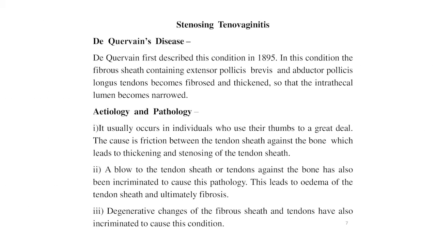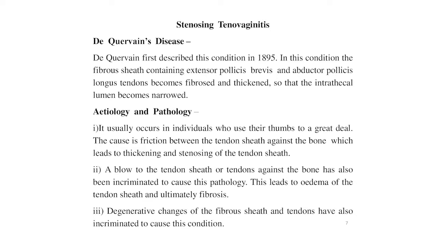Next point, in the acquired deformities of the hand, that is the stenosing tenovaginitis, that is de Quervain's disease. De Quervain first described this condition in 1895. In this condition, the fibrous sheath containing the extensor pollicis brevis and abductor pollicis longus tendons becomes fibrous and thickened so that the lumen becomes narrowed. It occurs at a point about 1.5 inches or 3.25 centimeters above the tip of the radial styloid process. It is on the lateral aspect of the lower end of the radius where the tendons lie in a shallow bony